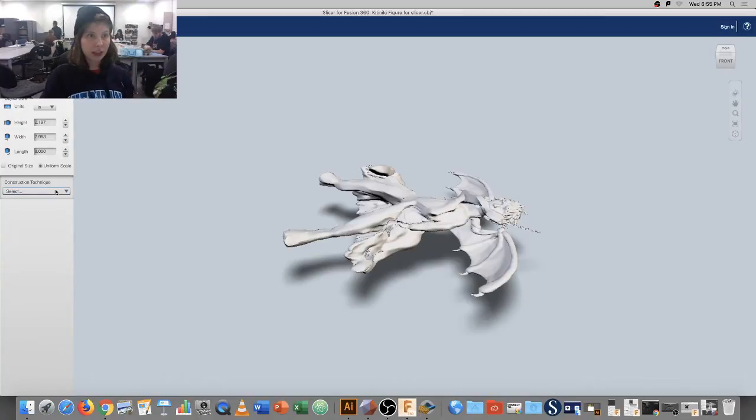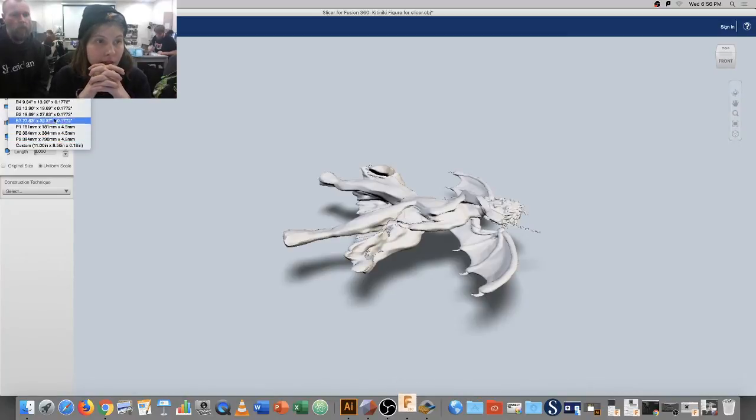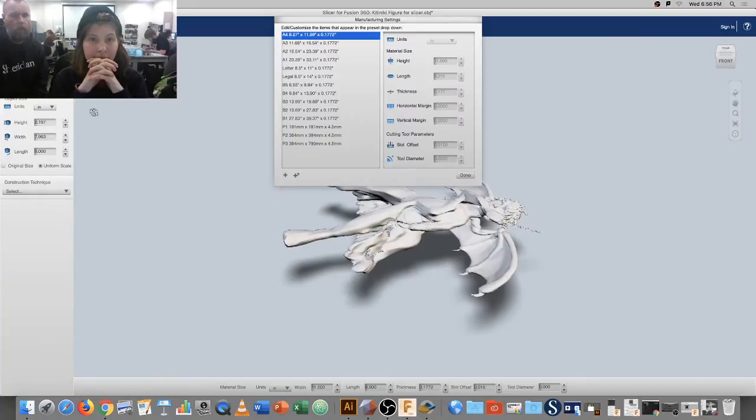Okay, how do I do the slices now? First thing we do is select the material that we're going to make it. Because the plywood that we're using isn't already in the system, we have to tell it what material we're going to use, so we have to create a new one. By hitting this little widget, we open up a new thing, and we add an unnamed one. And I know that the thickness of the plywood is